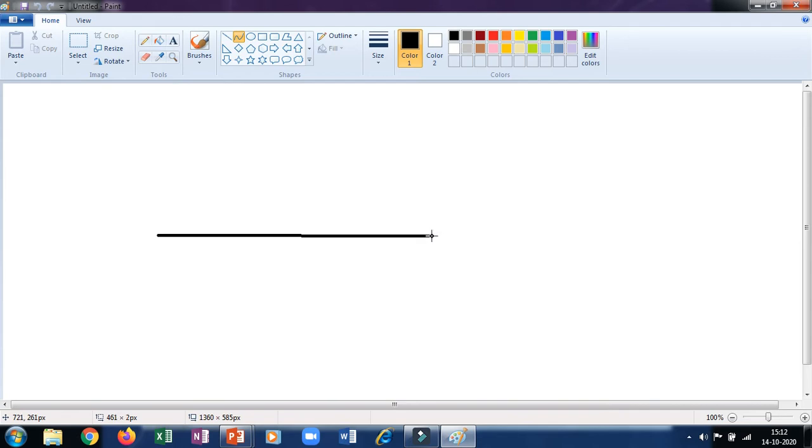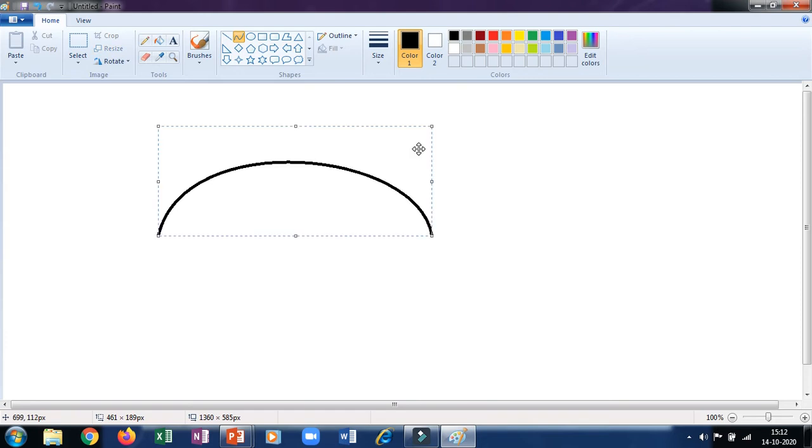This is the first step. After that, decide which side you want the curve, and drag that side. If you want it over here, drag it here. This is the second step. Then if you want a curve this way, drag it on the right hand side. This is the third step and your curve is ready.